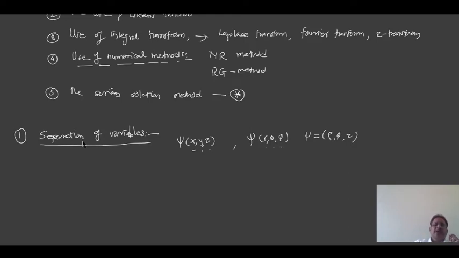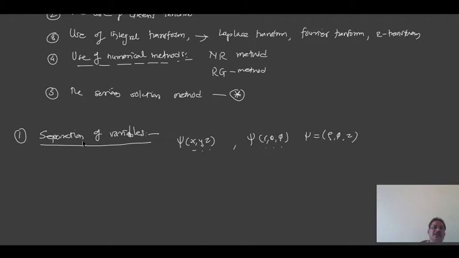So the given partial differential equation is to be resolved, separated into three different ordinary equations, one for each variable. Suppose I have a three-dimensional case, that is the XYZ coordinate system. A single partial differential equation is to be resolved into three different ordinary differential equations, separate for variable x, separate for variable y, separate for variable z. This is called separation of variables. Similarly, in the case of r, theta, phi, we will get the r equation, theta equation and phi equation, ordinary differential equations. Solutions of these may be known to us, and can be used to get the final solution of the given partial differential equation.